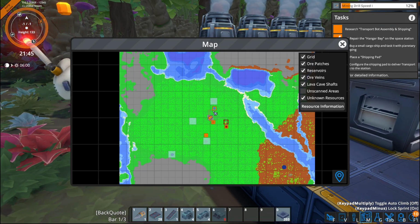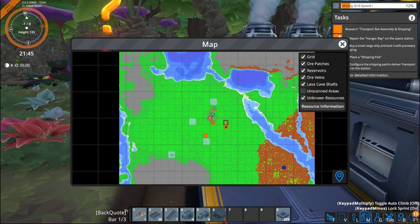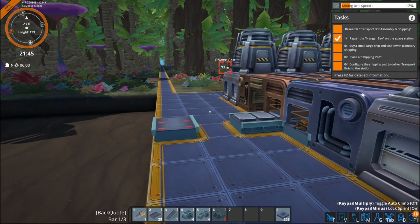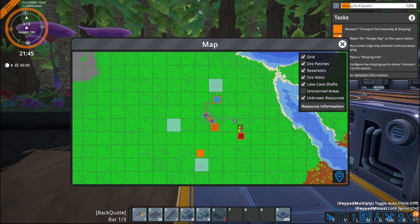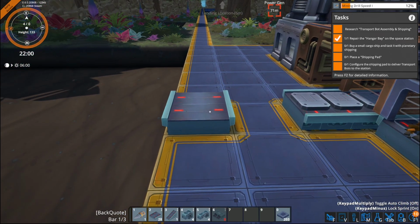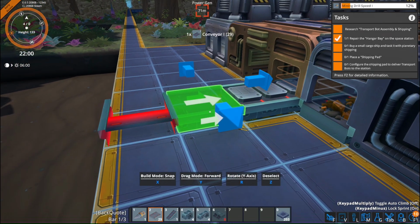So basically, we're going to run the cables that way. We're going to run them west. That's our power gen over here. There will be other stuff over here because there's going to be more things to mine and more things to sort out over time. So that's fine. So let's get rid of that one for the moment. And I want to do...